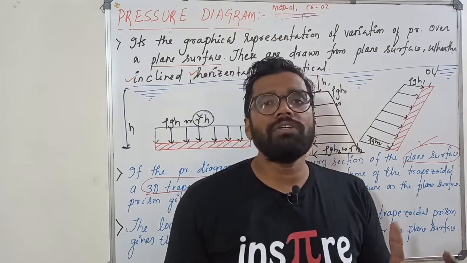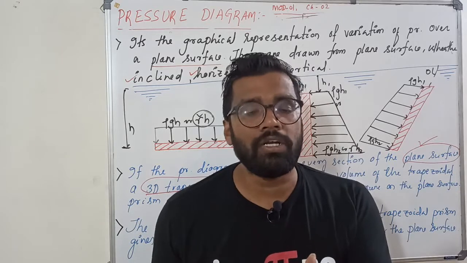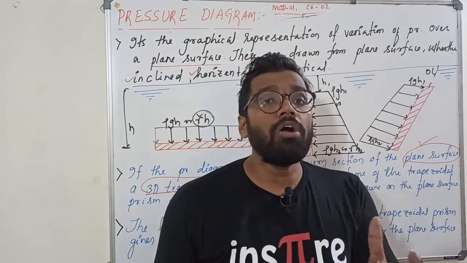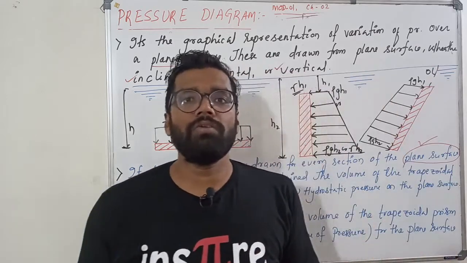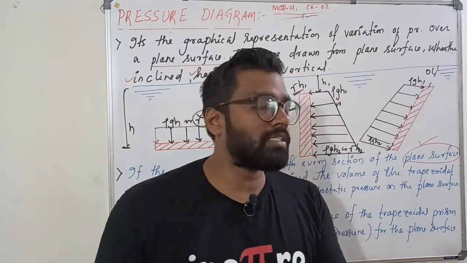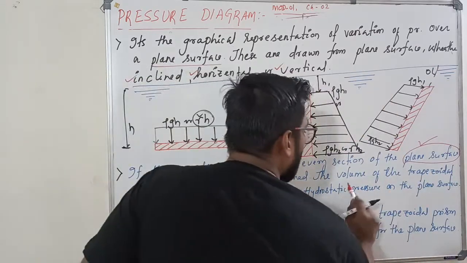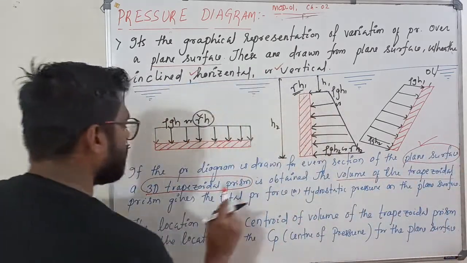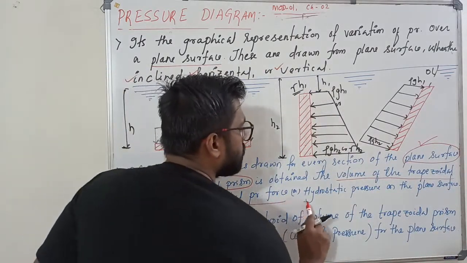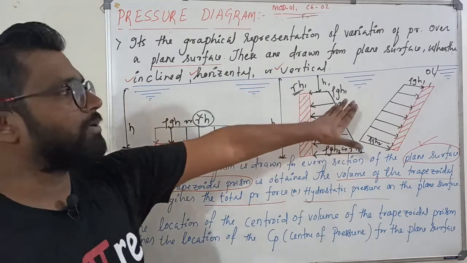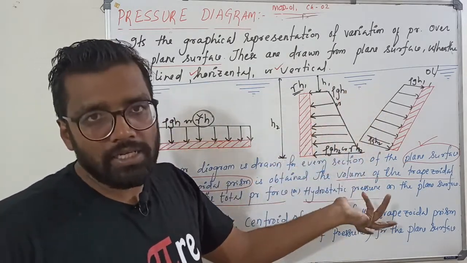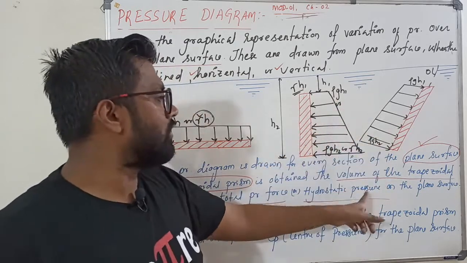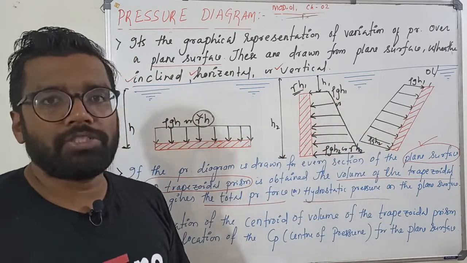Through this technique, we want to find the total pressure or hydrostatic pressure on a surface. Without going into too much detail, from this diagram alone we want to find it. In such a case, the volume of the trapezoidal prism will give you the total pressure force or hydrostatic pressure. It is a geometrical figure, so it has area and volume. The volume will represent the hydrostatic pressure force.